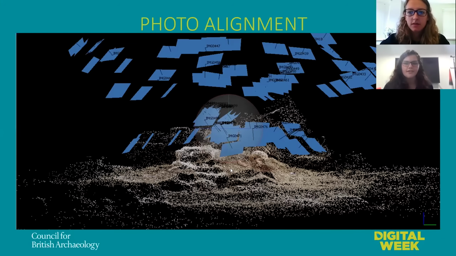So you need to start with your object. You might have read the suggestions of the type of object to find. Although we do it for a lot of different things here, when you're doing your first couple of models, something relatively small is good, so you don't end up taking loads and loads of photos, and something with a matte textured surface, because if it's really shiny then it can mess with the lighting settings, and it can get a bit difficult. So if you've got something rough,